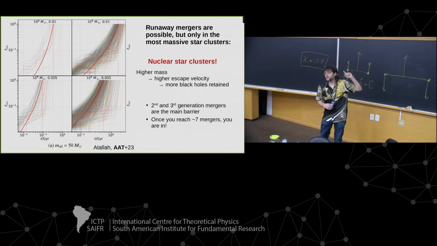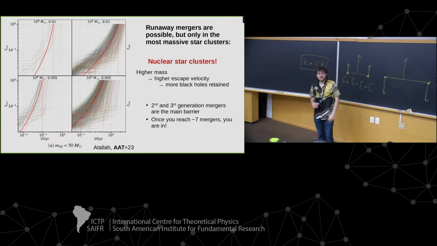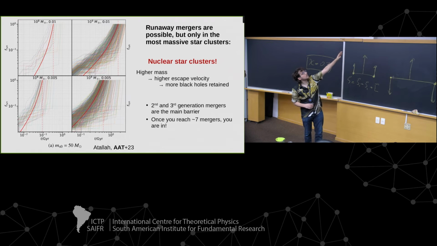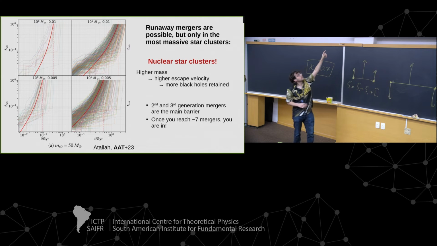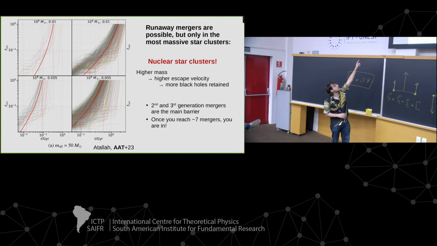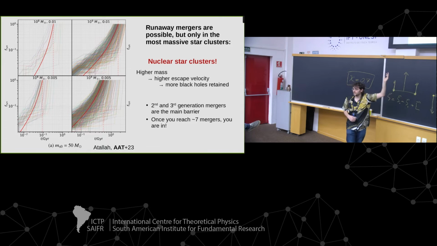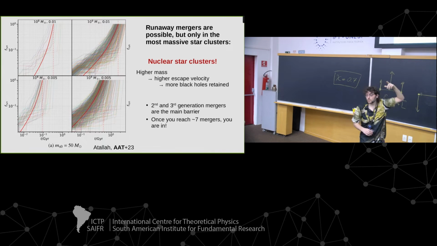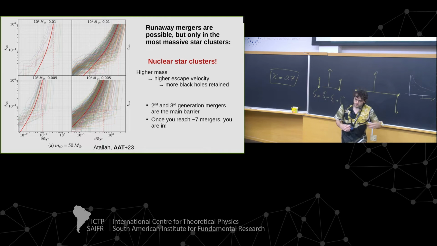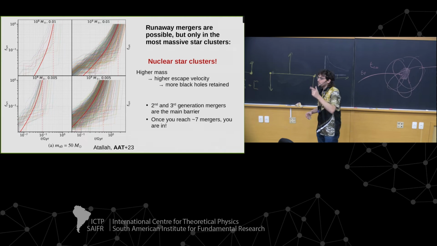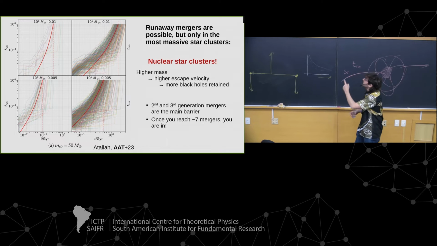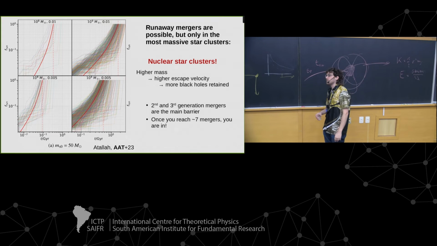In this paper we didn't really calculate the rates. We have to factor in that these nuclear star clusters are really huge. You see that, for example, 10 to the 9 has quite many, but for 10 to the 8, it's very few. And we don't even show 10 to the 6 and 10 to the 7 because there was no runaway, basically. We should do some rate calculation and integrate the nucleation fraction of galaxies. How many have a nuclear star cluster? How many have a nuclear star cluster so big? And then estimate the merger rate.